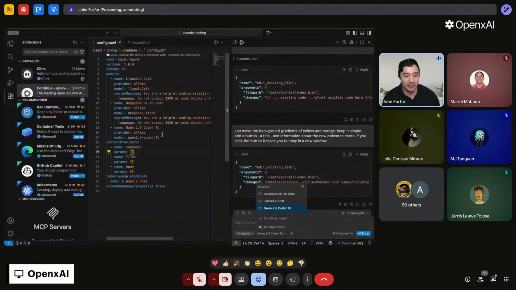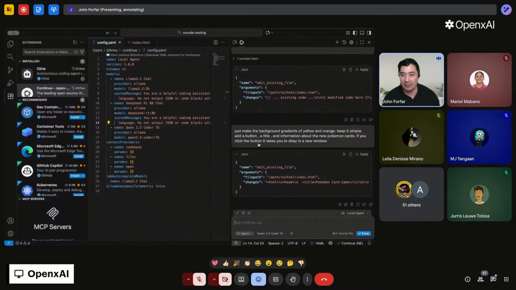So you can add system messages like, you are a helpful coding assistant, please respond in this certain way. You can even put things like, don't put secret API keys in the response, whatever. Don't respond in JSON format. So this is some of the problems I had, so bugs. But basically, let's add